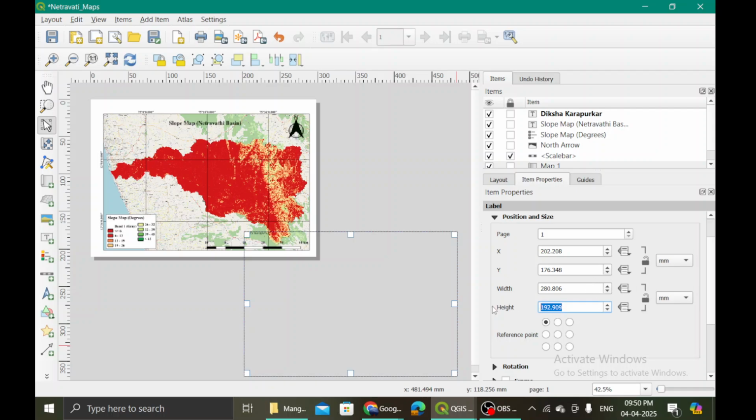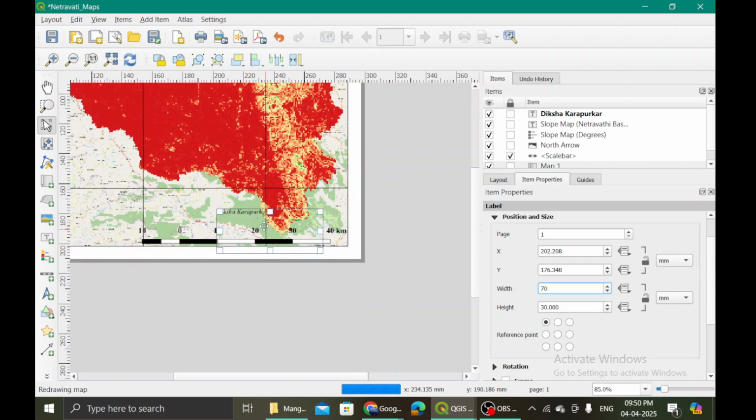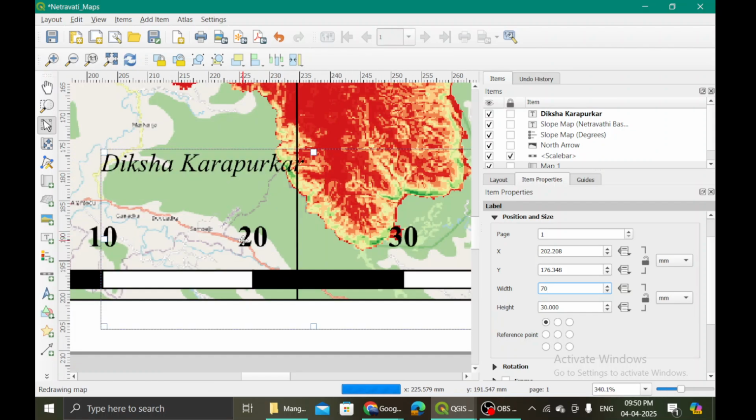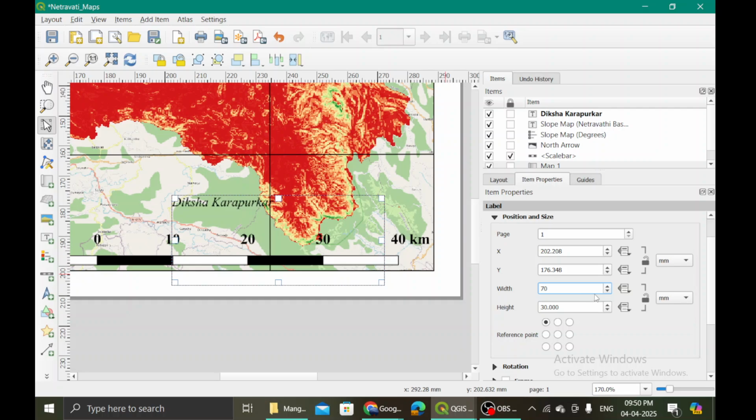So height we will adjust. Let's bring it to maybe 30. Okay, 30 is also too big. And then width, let's bring it to maybe 50. Seems to be very small, so maybe 70, as far as it comes in one line, and just zoom in, so that you will have a better control over it. Width you want to reduce it,